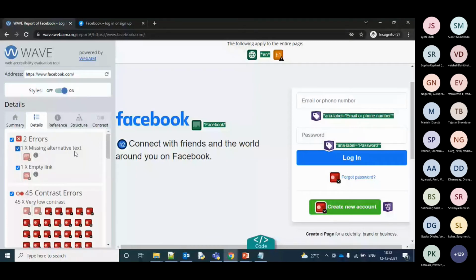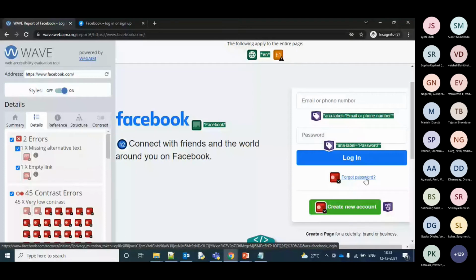There is missing alt text for these things. When we try to read it out via screen reading software, it's a link. Whenever it's a link, there is one more criterion which WCAG states: if you are redirecting inside your website itself, then it's fine. If you are redirecting outside your domain URL, then you need to notify the user with a pop-up saying you're trying to redirect to another website, is it fine? Such kinds of testing will also happen on the link. I'm trying to add as many test cases as possible for your understanding, so that it will be easier, with as much information as possible.